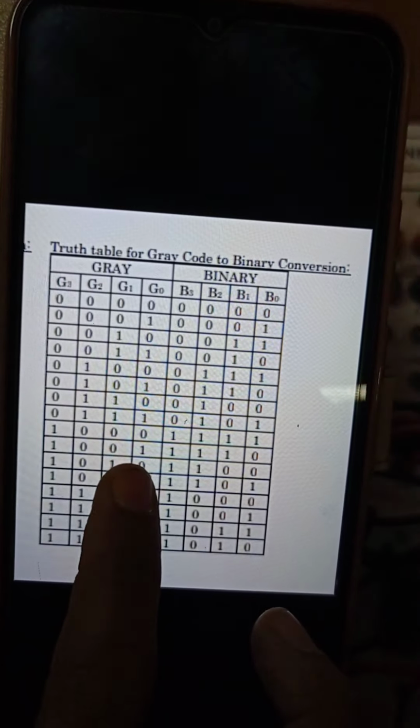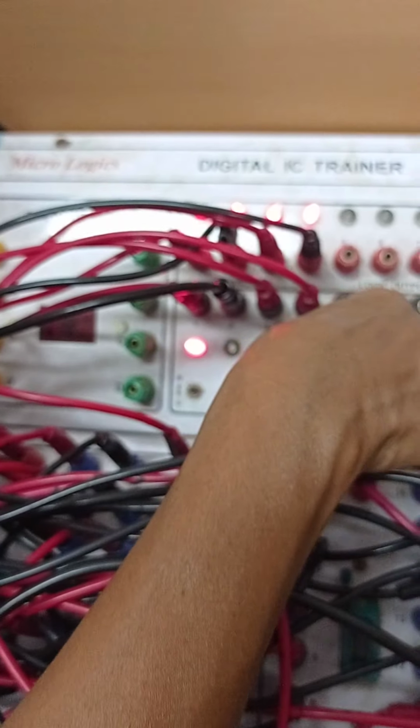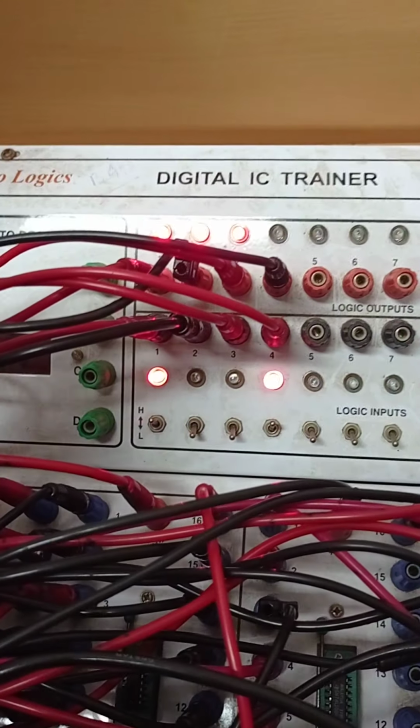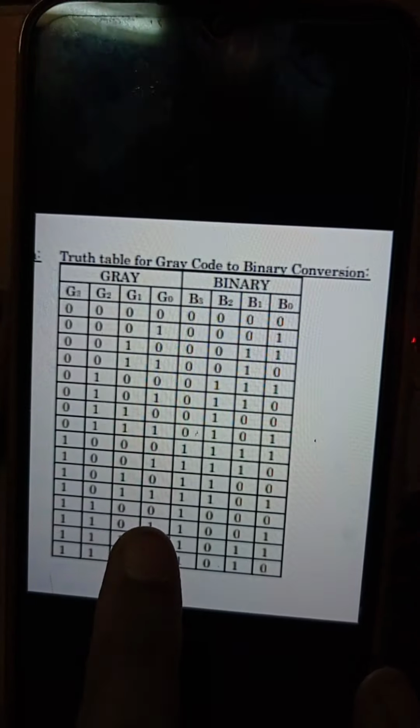Next 1 0 0 1 1 1 1 0, 1 1 1 0, 1 0 1 0, 1 1 0 0.